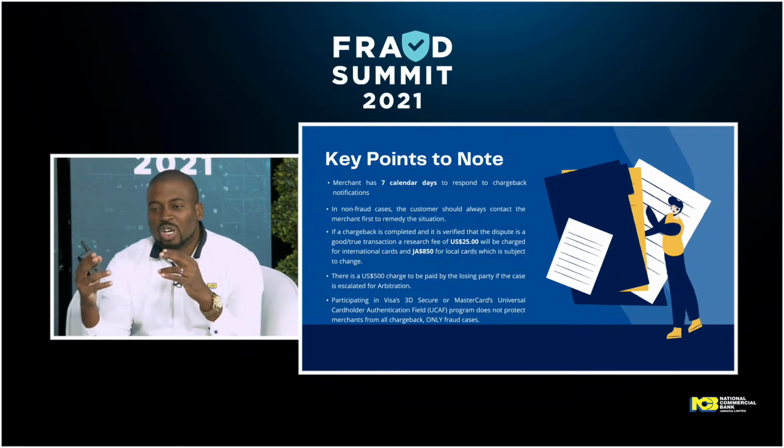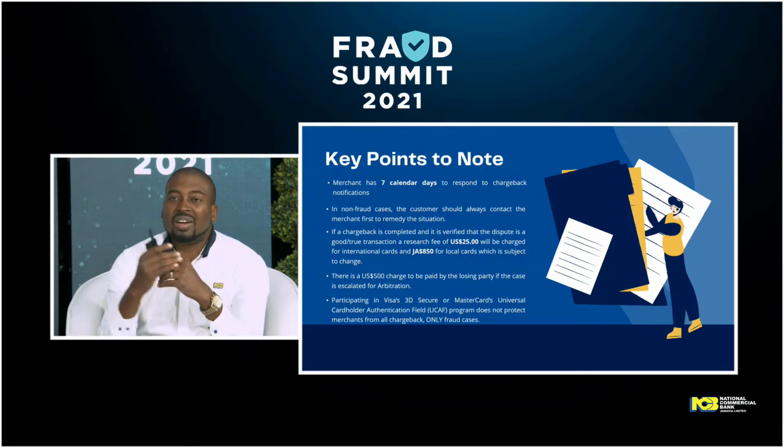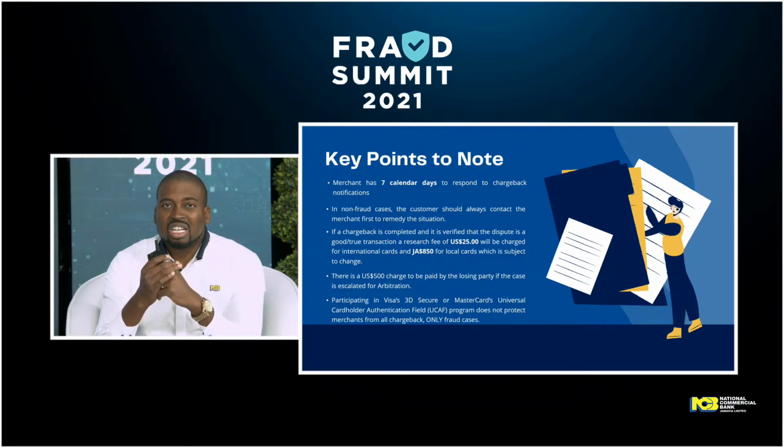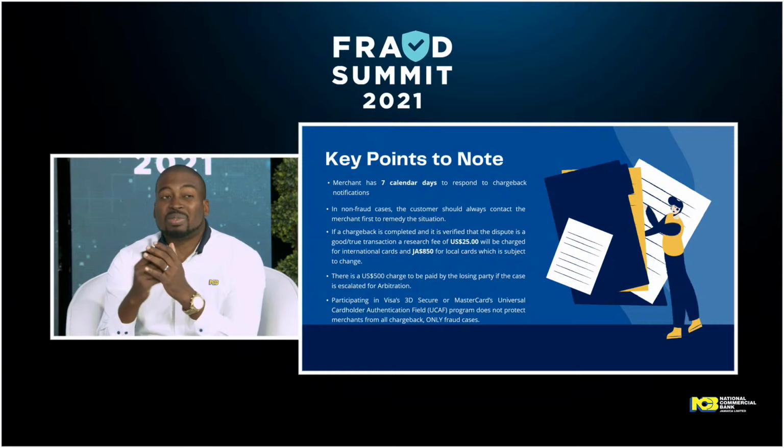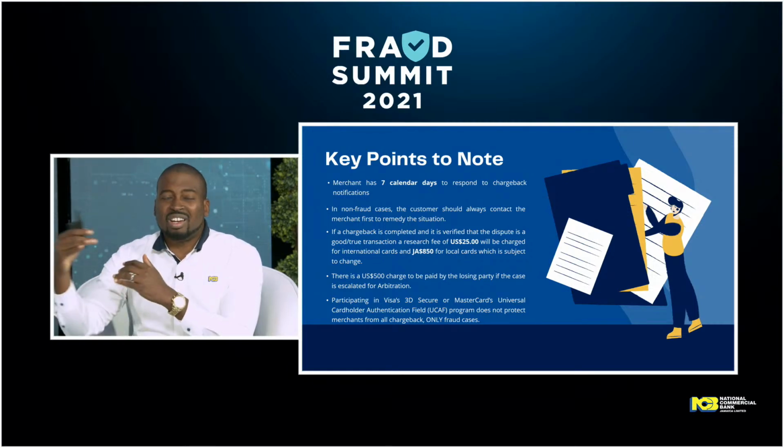So whomever is deemed to be at fault, an arbitration fee of $500. One key thing I'd want to note, particularly for e-commerce merchants, is that participation in 3D Secure does not mean that you won't have chargebacks. What it means is that you're protected in some cases such as fraud, but there are many other cases